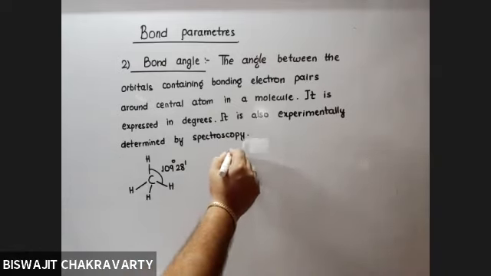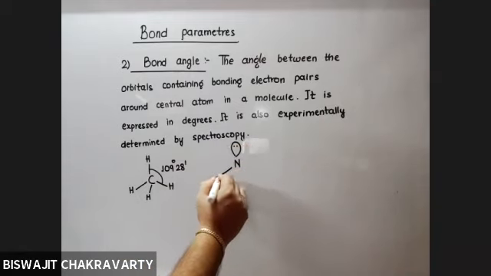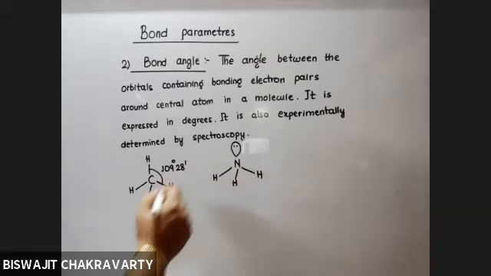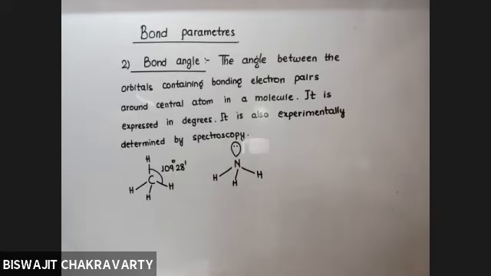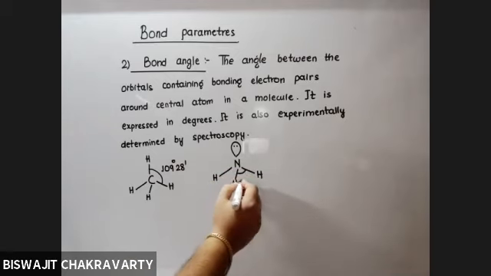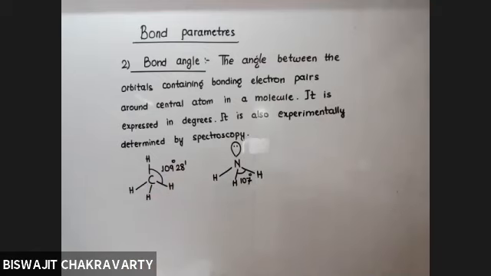Ammonia. Ammonia also has 4 pairs, but out of the 4 pairs, 1 of them is a lone pair and 3 of them are bonded pairs. Here when we are asked to calculate the bond angle, we need to calculate this angle, which is found to be 107 degrees. We'll discuss later on, there is another very important theory called VSEPR theory that we will get in the next class, that the presence of lone pair tries to decrease the bond angle.